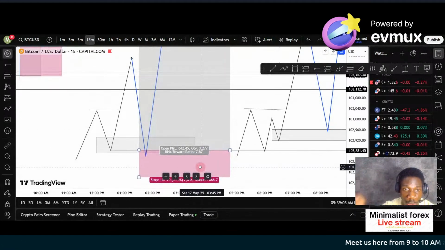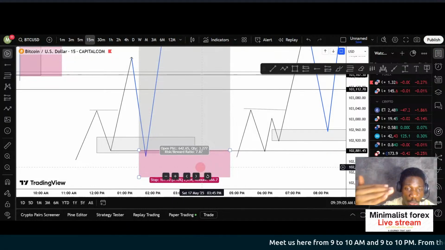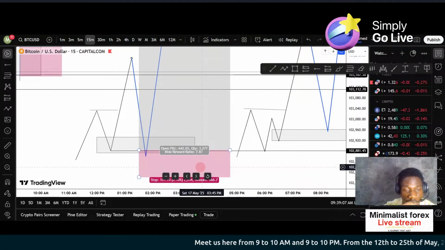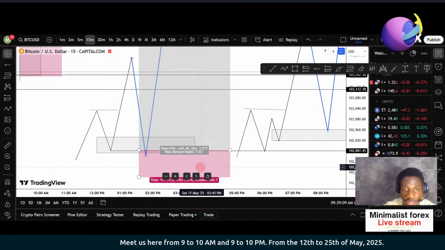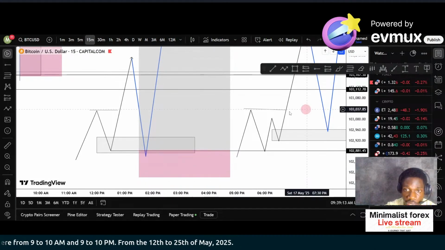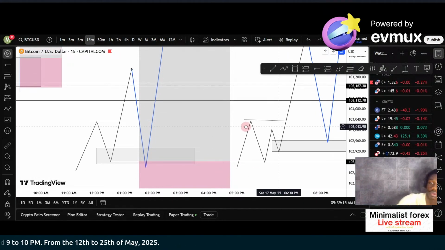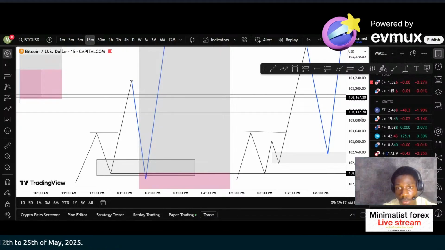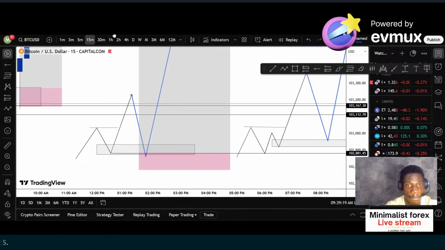Understand market structure, know where you are in structure, know if you're pulling back. And when you're pulling back, look for a supply and demand and watch: has price taken liquidity yet? If it has not, make sure you watch out for liquidity. But if it has, then you can just trade from wherever. All right. So in this case, you have